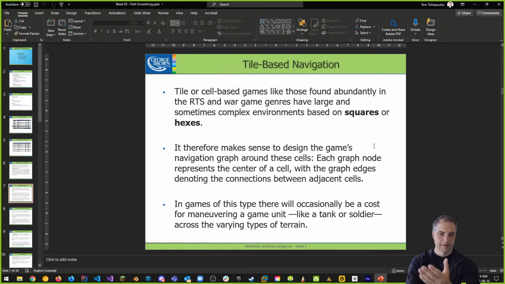So here's one: a tile or cell-based navigation scheme. In those kinds of games, we have a tile-based game. Typically we use them for a real-time strategy game or other turn-based strategy games. They use either squares or hexes, and we've seen those before. For example, in things like Civilization or even Catan. They have some kind of hex or grid system. By the way, the early versions of Civilization use squares, and then they moved to hexagons,